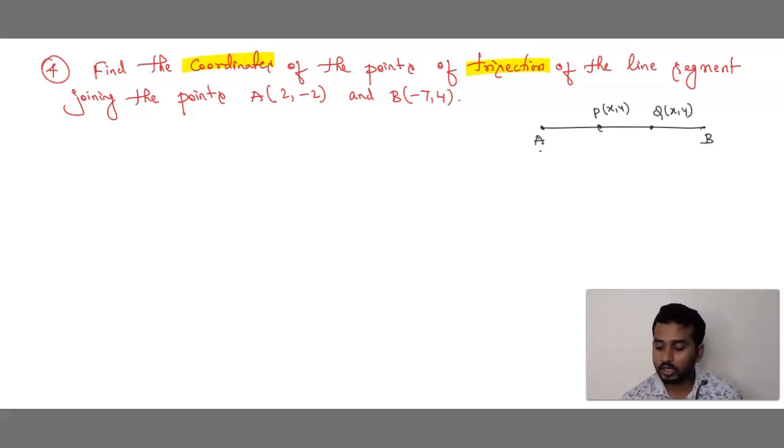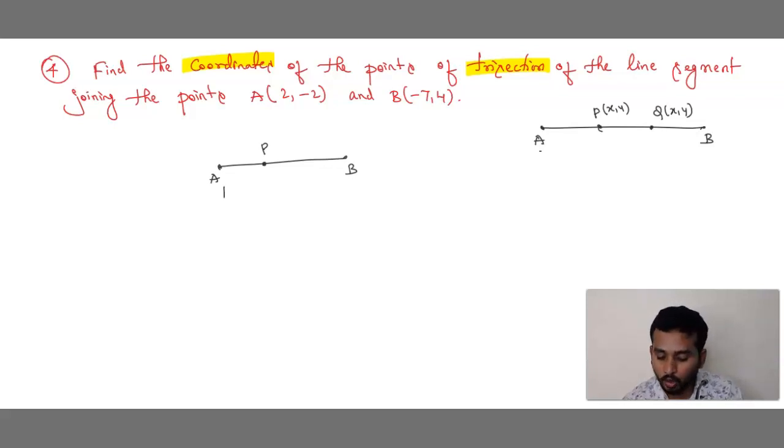So in what ratio are they dividing? We all know it. Trisection means it is dividing into 3 equal parts. Yes or no? From A to P is 1 part. P to Q is 1 part. 1 plus 1, 2 parts. Q to B, 3 parts. So now what do we do? So this is the exact question. Now what do we have? Now we take the question like this: A, B and I will take only P. I am going to take only P.